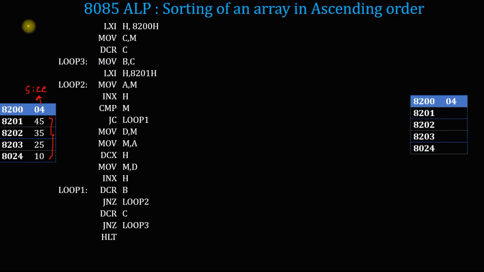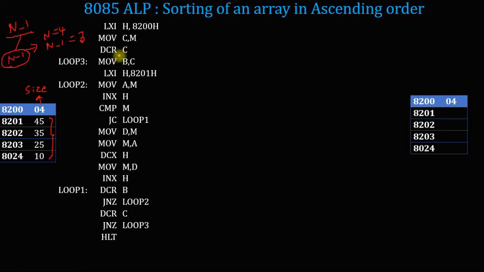So we are in the need of n minus 1 iterations and n minus 1 comparisons per iteration. So we need the value of this n minus 1. N, in our case, is 4. So n minus 1 will be 3. So let me execute each and every instruction, so we can understand the exact logical sequence followed by this program.